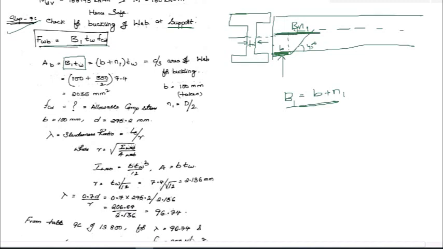If I cut this section out like this, how will it look? This is how I'm going to get it. This is B1 into TW. Okay, this is the portion of web that is going to fail by buckling. So that area has to be put here in order to know the strength of this particular section against buckling. How much resistance the web can develop, I have to calculate from this area. So this is the area of the web which influences the buckling.